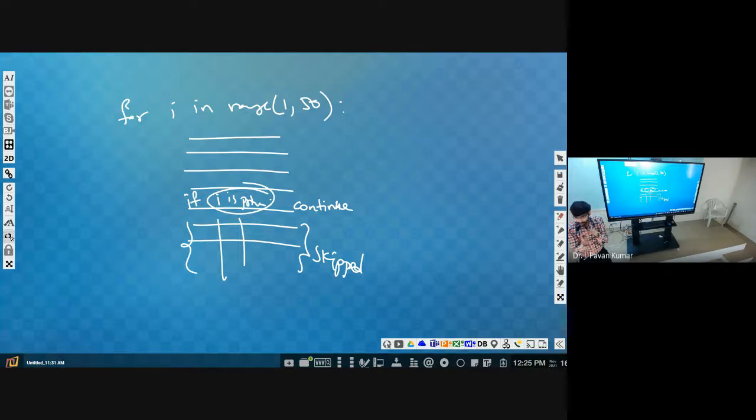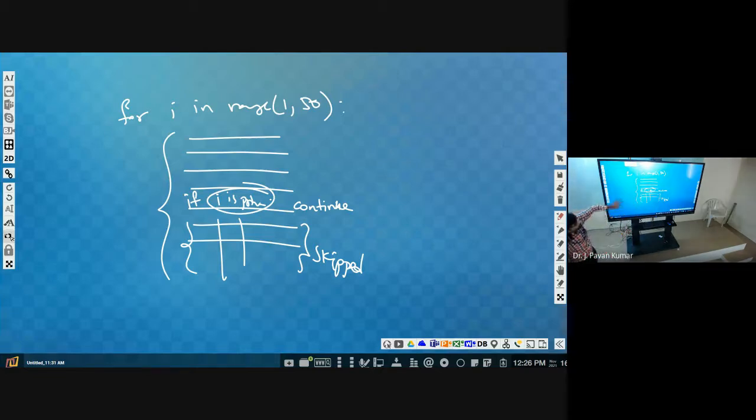Don't consider that continue means the current iteration will be skipped. Not like that. Current iteration in the sense, this entire thing is the current iteration, isn't it? Current round is nothing but all these statements being executed. But out of those, the statements until this continue will all be executed normally. After this, whatever statements we have will be skipped. Again, for the next iteration, it is fresh. Again, it will execute all the statements.